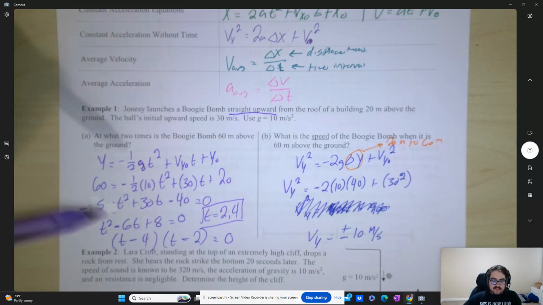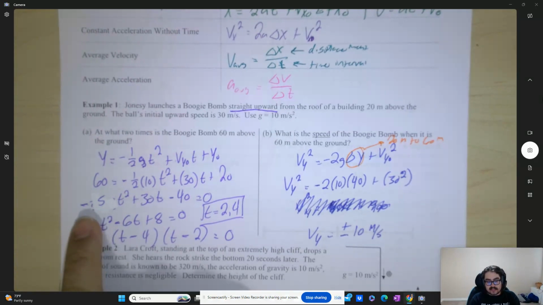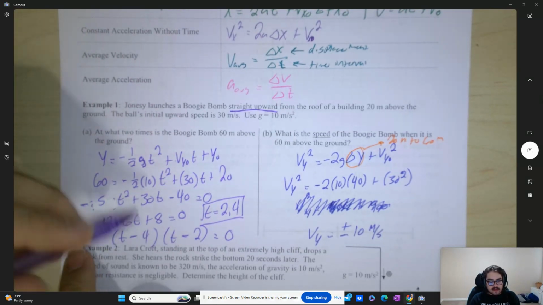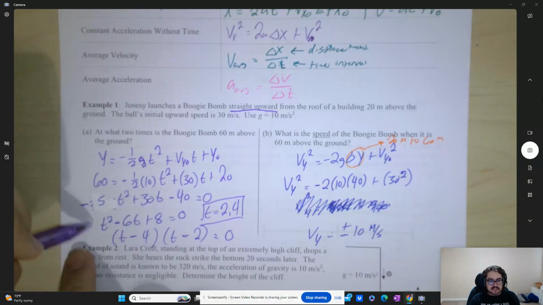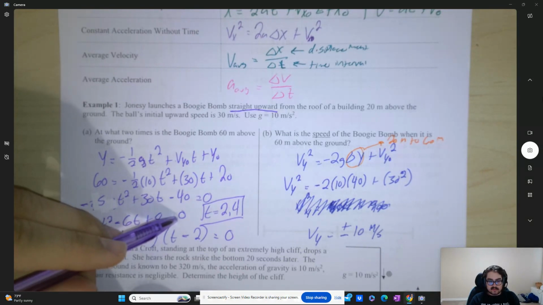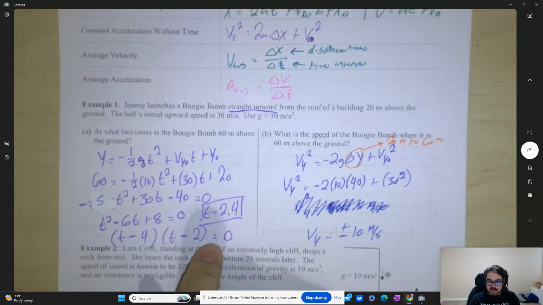If you divide by 5 on both sides, then you'll see that you can condense this. I divided by negative 5 on both sides because I don't like leading negatives here. I was able to divide by 5 on both sides to get t squared minus 6t plus 8 equals 0, and then you can factor that into (t minus 4)(t minus 2), and you would see